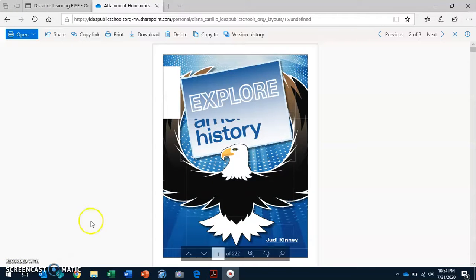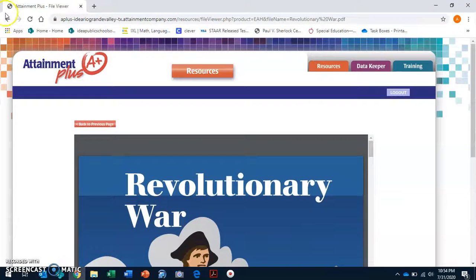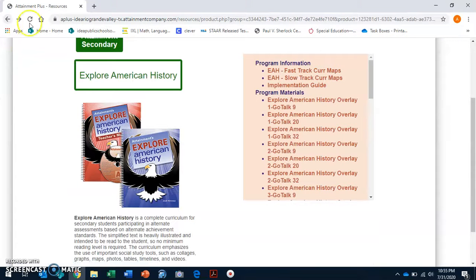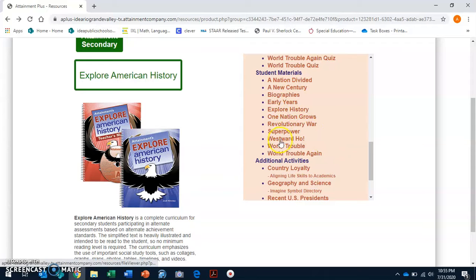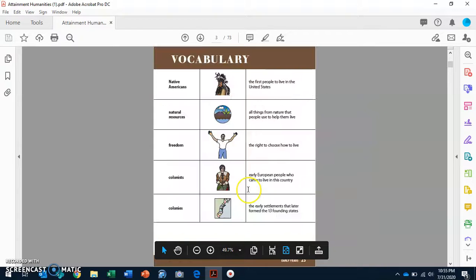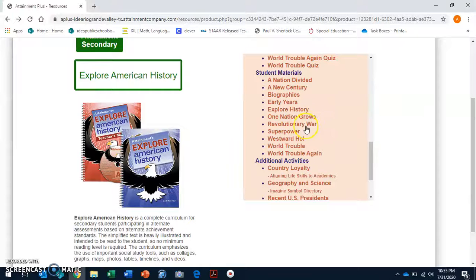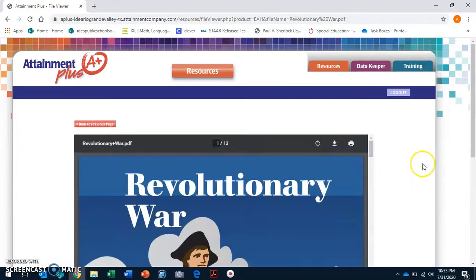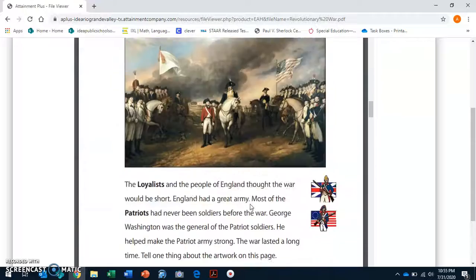It takes forever to load here, but you can find it here, the attainment, or you can also find it over here, like I said. In Attainment Plus, you go to Explore History, and then here you would go to Student Materials, and you would click, depending on the calendar, and depending on where they stayed. The bottom says Revolutionary War, African American soldier. So Revolutionary War, and then just find where African soldier,